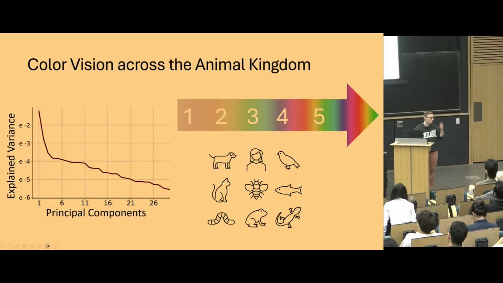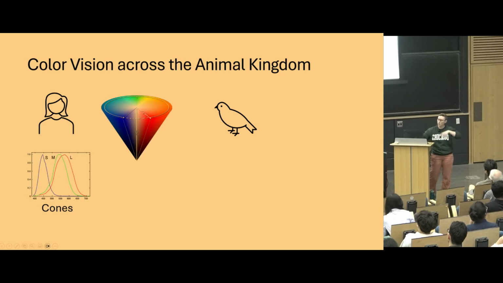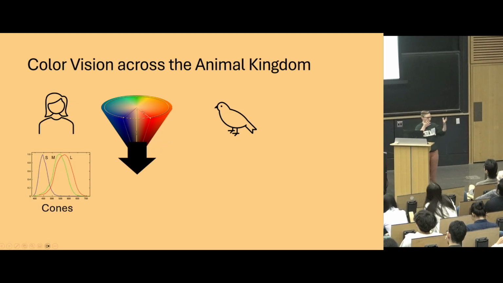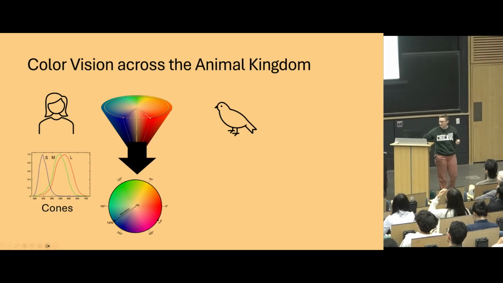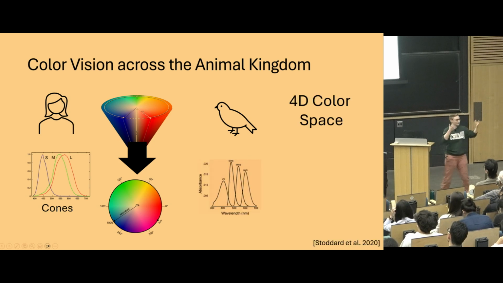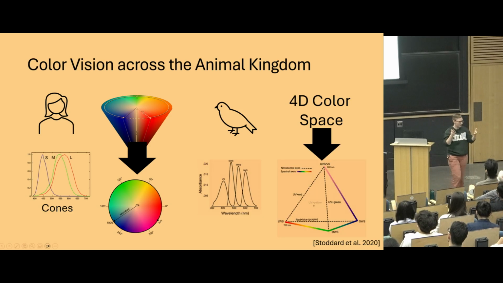All right, and I just want to be really clear what I mean by these receptor types and dimensions. For us, we have 3 cones, so we have a 3-dimensional color space. We mostly care about ratios of color, and so we can take something like a uniform brightness slice, and we get our familiar color wheel. Similarly, a bird that has 4 color channels is going to have a 4D color space, and if you take one of these uniform slices, you'll end up getting a 3D subspace, and all of the colors that we can see will basically form the base of this pyramid that they have.